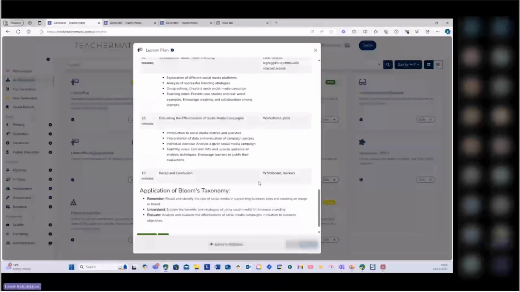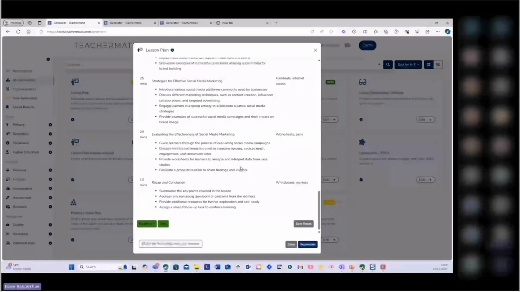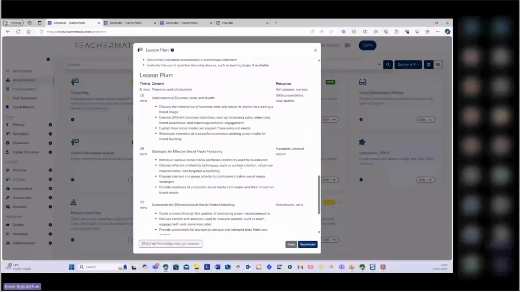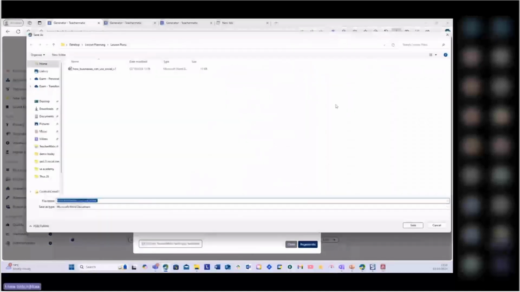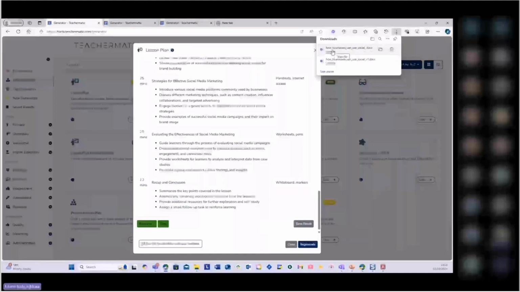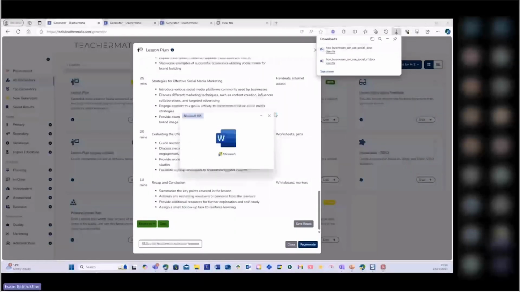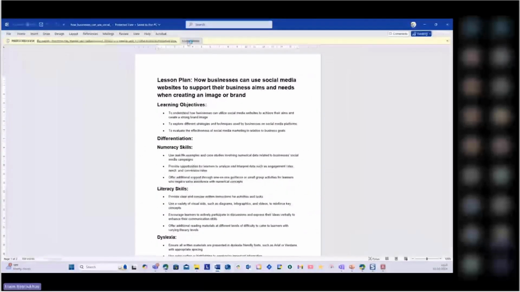What I'm trying to do is see what it produces and then mix and match the best of both worlds. Right, so it's produced this. I'll save that also and put it in my folder. Now, as I said, this is not a final product, but just imagine we got the best of both worlds, and I'm going to open up this lesson plan.